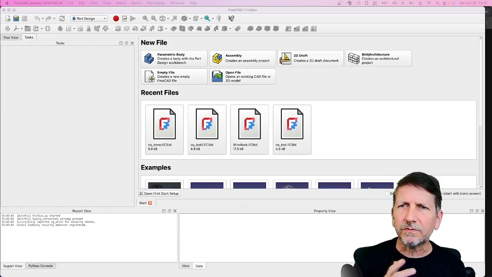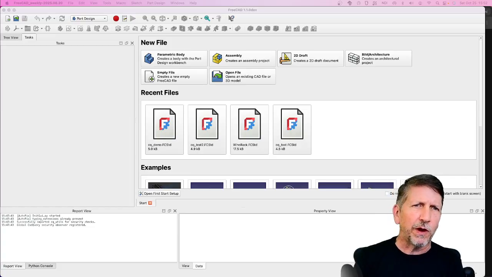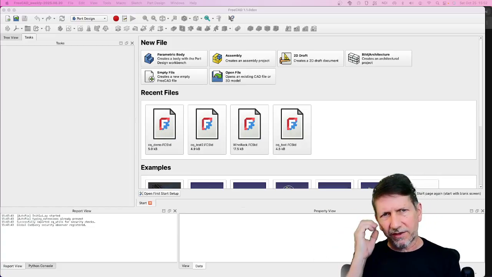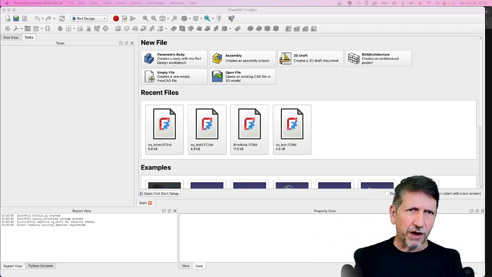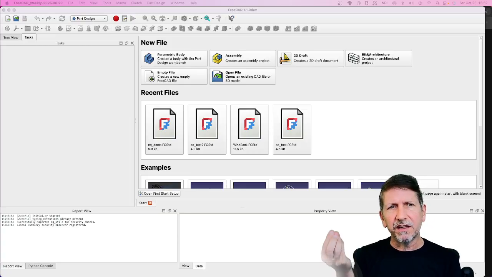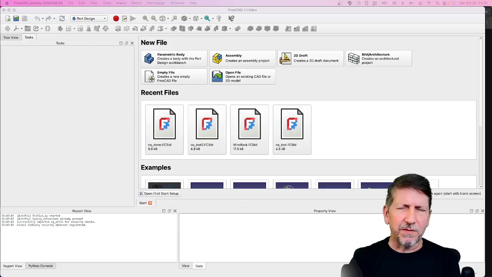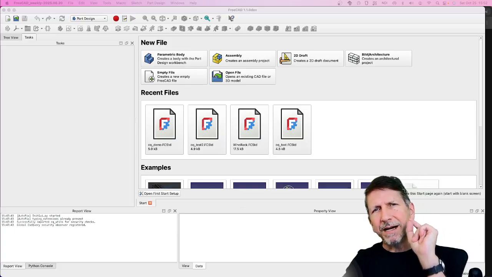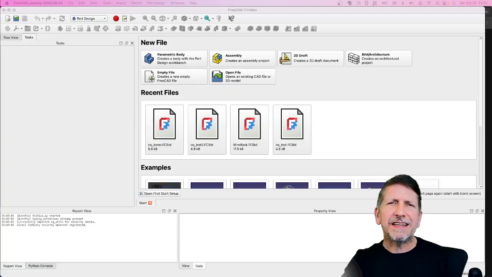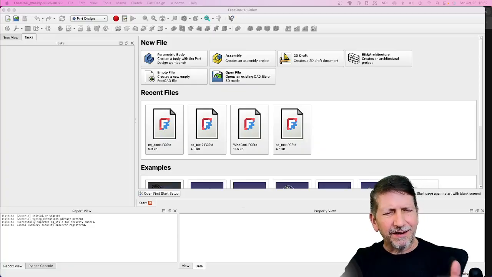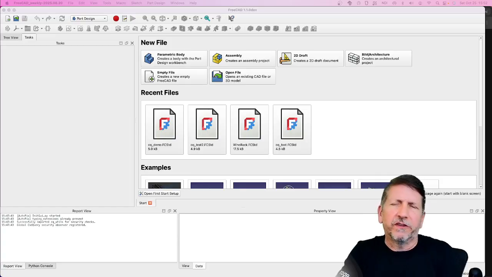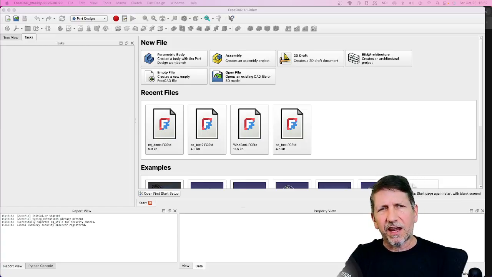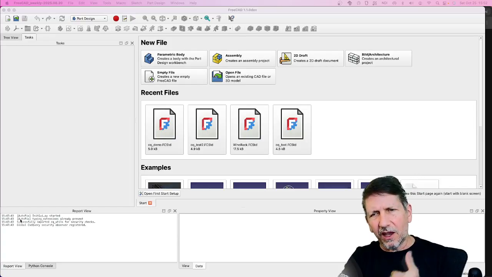So I installed the CadQuery FreeCAD Workbench because I discovered CadQuery was essentially an off-the-shelf, already tested model that just uses Python to do 3D model development. And there's already a workbench that pulls that in FreeCAD. But when I installed it, I found it did not work the way I expected or the way I wanted it to work. So I've created a fork of the CadQuery FreeCAD Workbench, and this video is my attempt to